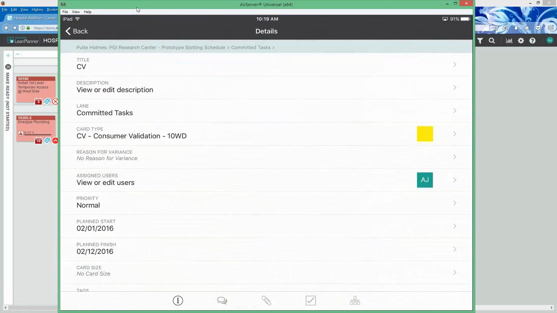So it's the same thing here, though. If you make a change, if you update something here, it's going to sync right back to the web application. So the mobile app just lets you update things when you're out and about. Maybe you're talking to a client, maybe you're on site, maybe you're in the car, who knows, right? Could be lots of stuff.